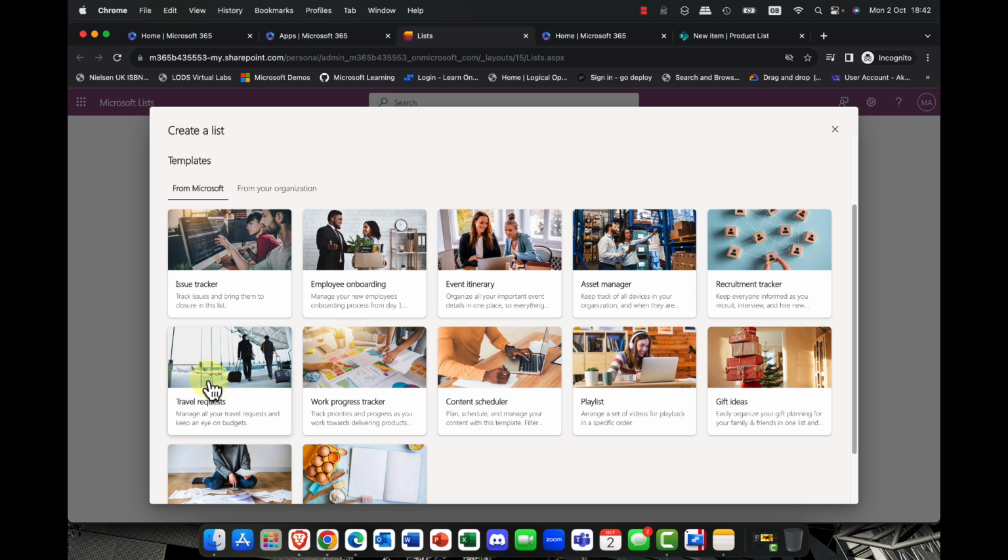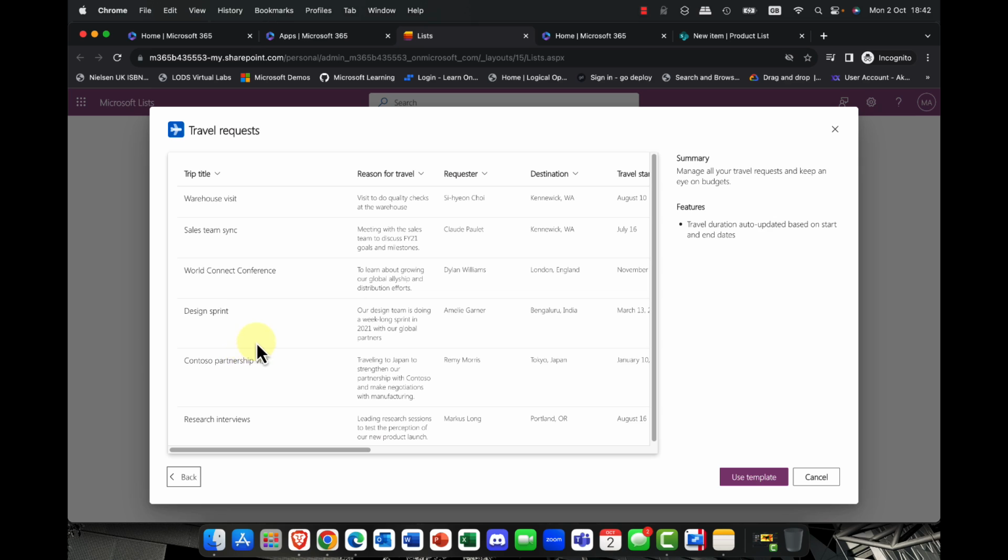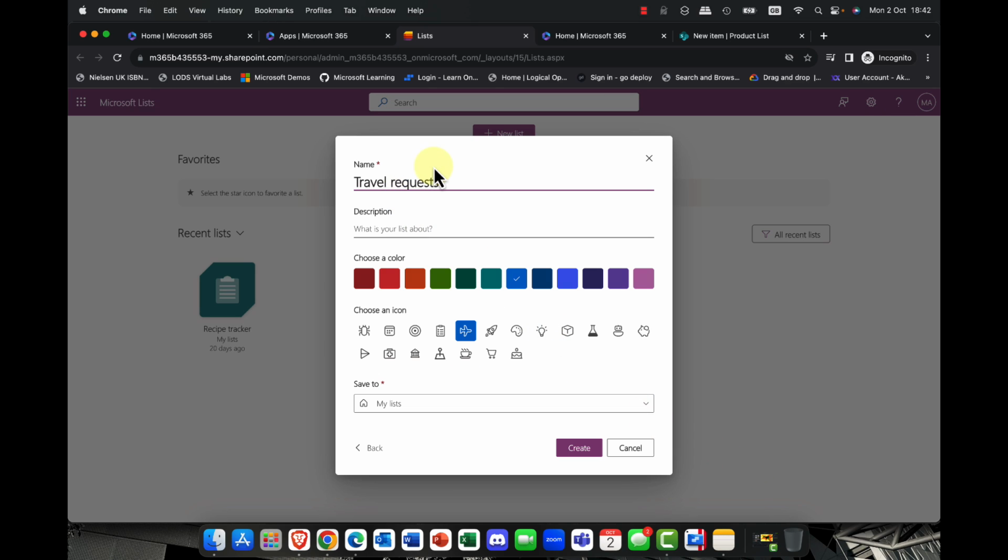You can even do things like one of my favorites, which is travel requests, because I travel a lot, of course. So I'm going to say, yeah, I want to use this template. Of course, you can put in anything that you want here. You can put in a description, and of course you can choose the style. In this case, it's a travel request, so I'm going to choose a plain, and I'm going to choose the